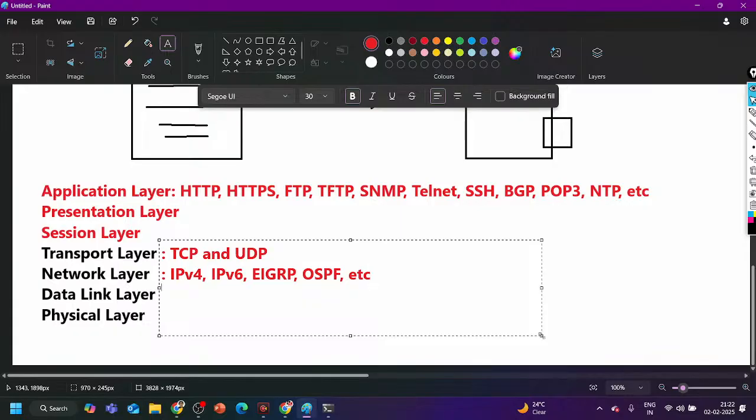Okay. Then the data link layer. At the data link layer, you need to learn only a few protocols, like ARP, and a few more. And at the physical layer, you need to learn